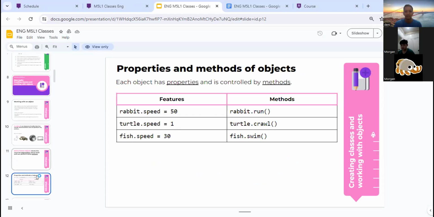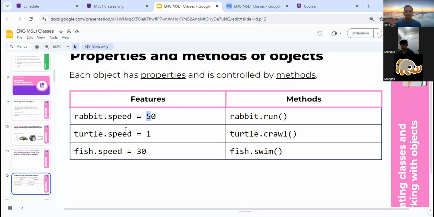For example, we have rabbit, turtle, and fish objects. Rabbit has the feature speed 50, turtle has speed 1, and fish has speed 30. The rabbit has the method run, the turtle crawl, and the fish swim.